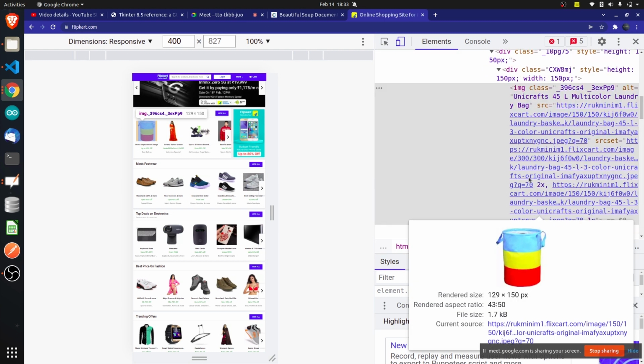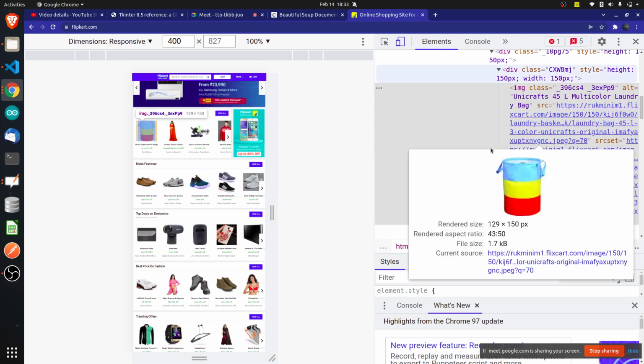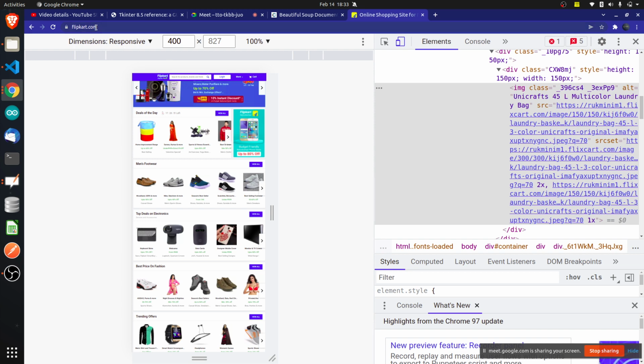So I want to pull the data, this image, from this whole code. What I have to do is tell my program, hey, go to this Flipkart website and this page will open. Once this page opens, go and search where the image tag is, because multiple images might be there. Even this is an image, so here also an image tag might be there. What is a tag? A tag is actually a syntax of HTML. It is used to display images in the HTML language. If you want to display an image, you will use the image tag. If you want to display some text, you will use the h1 tag, h2 tag, h3 tag, something like this.